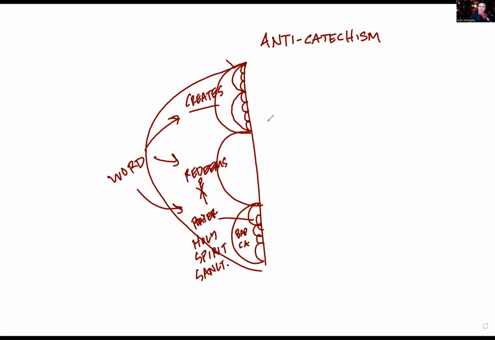Well, if this is how God comes to the world, the devil is going to be opposing it in every place. So, for example, we have the 6th commandment, which is God's gift of marriage. So here we have anti-marriage. And I think this is really helpful just to look at, because there's a lot of different ways that the devil is anti-marriage. He's anti-marriage by tempting people who are married to divorce, by tempting people who are single to not get married, by setting husband and wife against one another, etc.,